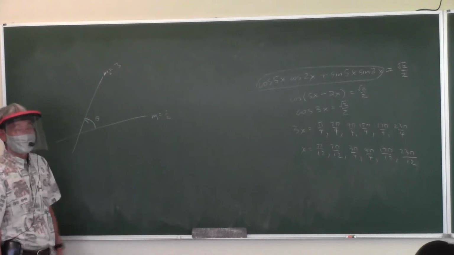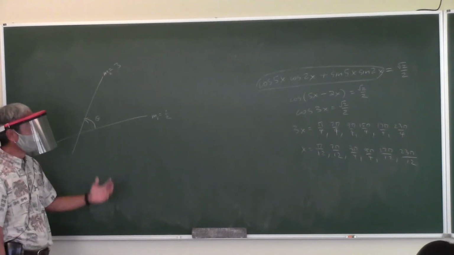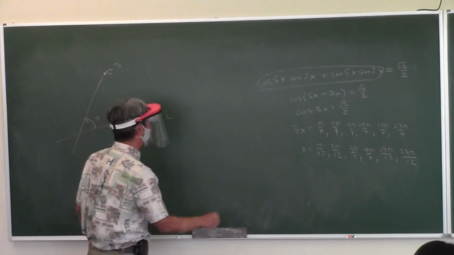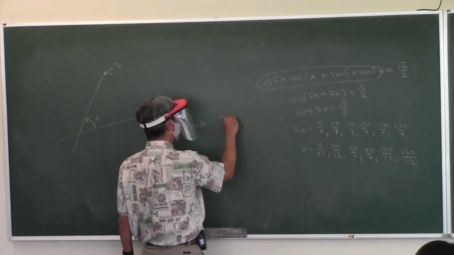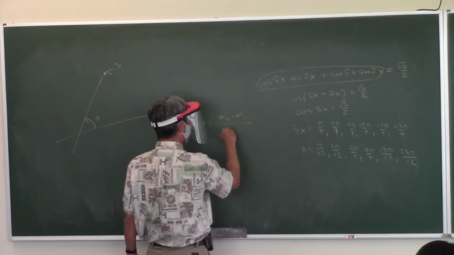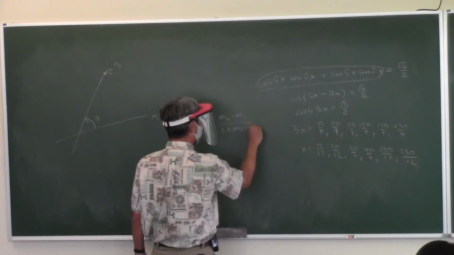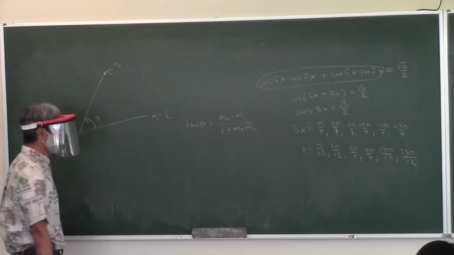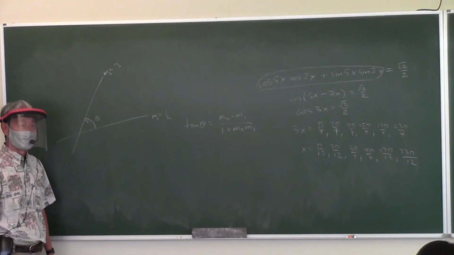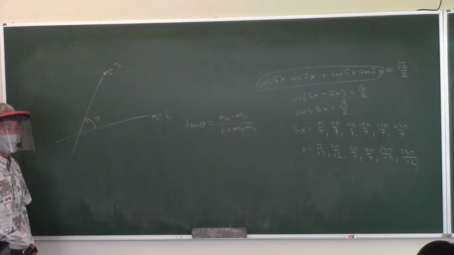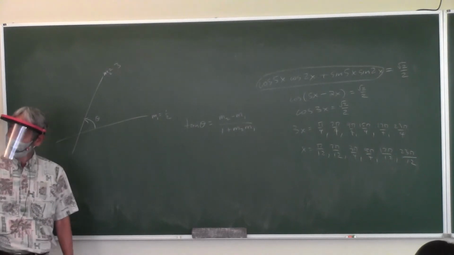Every year I put this problem on the quiz and the test, and I don't know why students just bomb it. So the tangent of the angle is equal to m2 minus m1 all over 1 plus m2 m1. Hey, that formula looks kind of familiar. That looks like the tangent formula, yeah. In fact, when you do